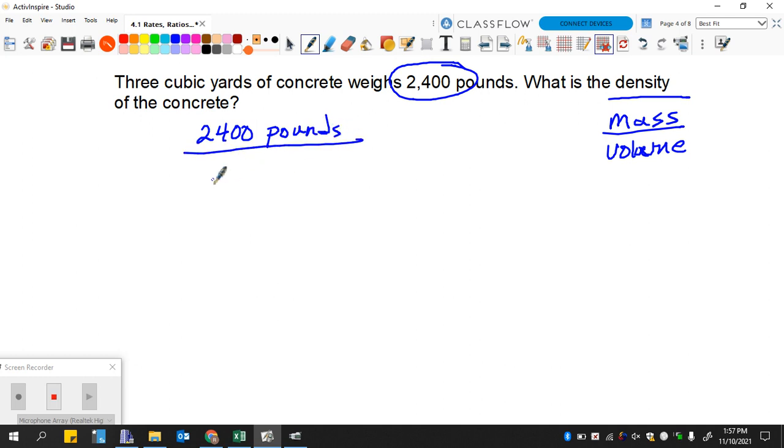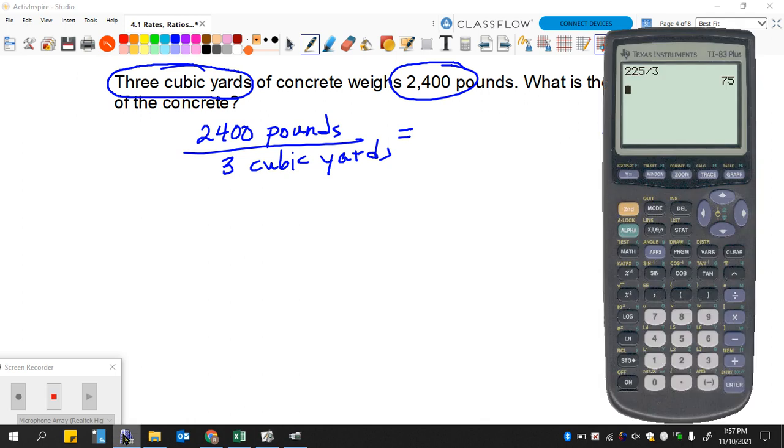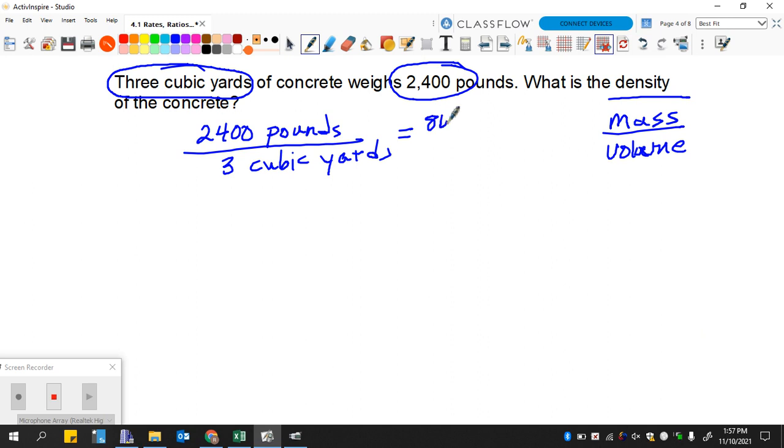2,400 pounds, and our volume gives us here as 3 cubic yards. So when we simplify that, we're going to say 2,400 divided by 3, and we end up with 800. So that's 800 pounds